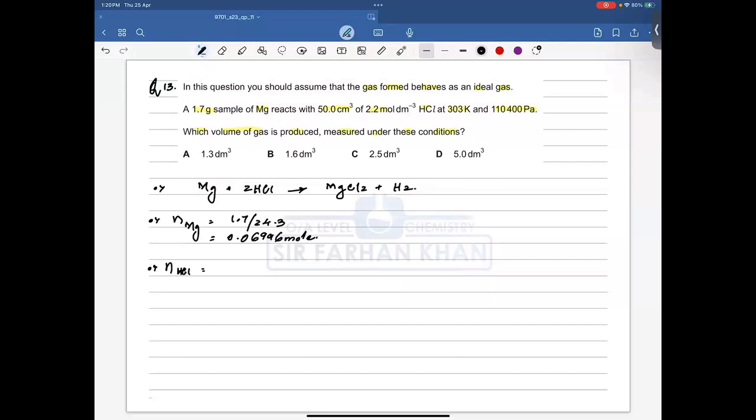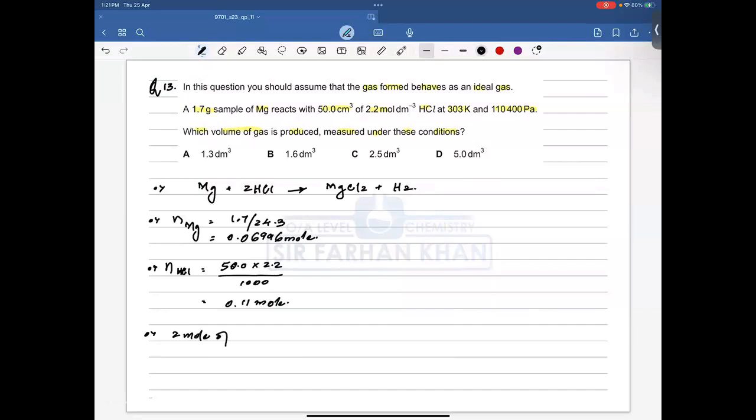So we have volume, which is 50.0. We have concentration, which is 2.2 divided by 1000. So it's going to be how much? 0.11 mole. Okay. Now, according to the equation,